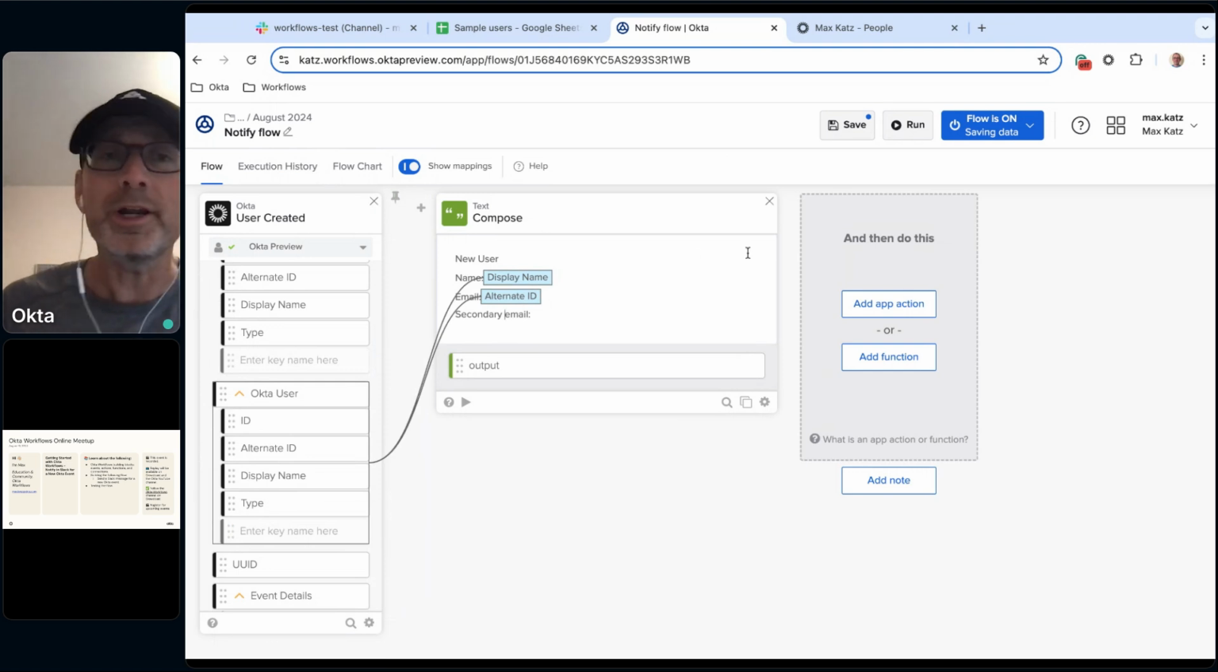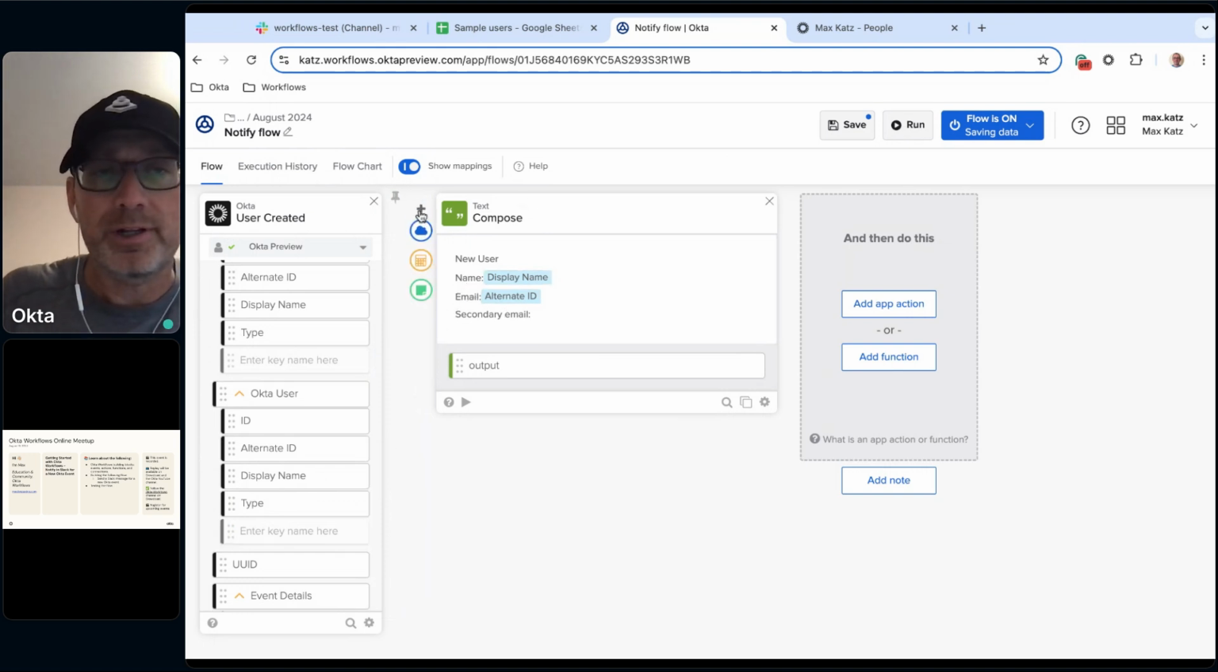So what we're going to do is add another step, and we're going to read user information. And then that step will actually give us that secondary email information, right? So to do that, I'm going to click the plus here. And then